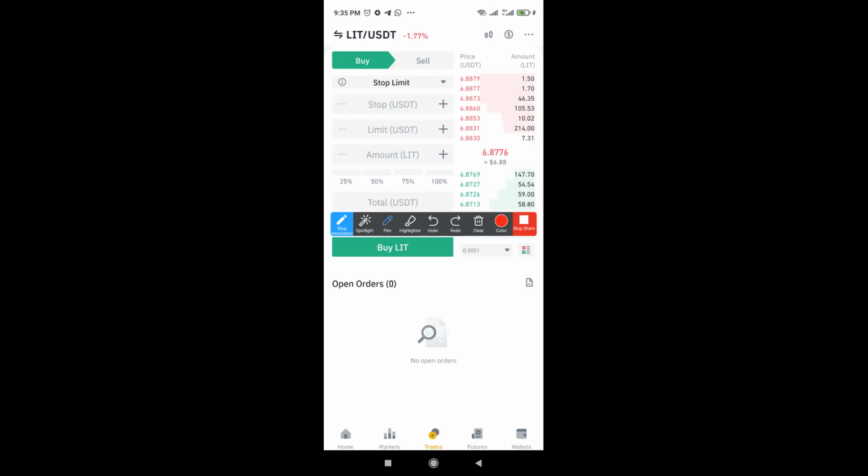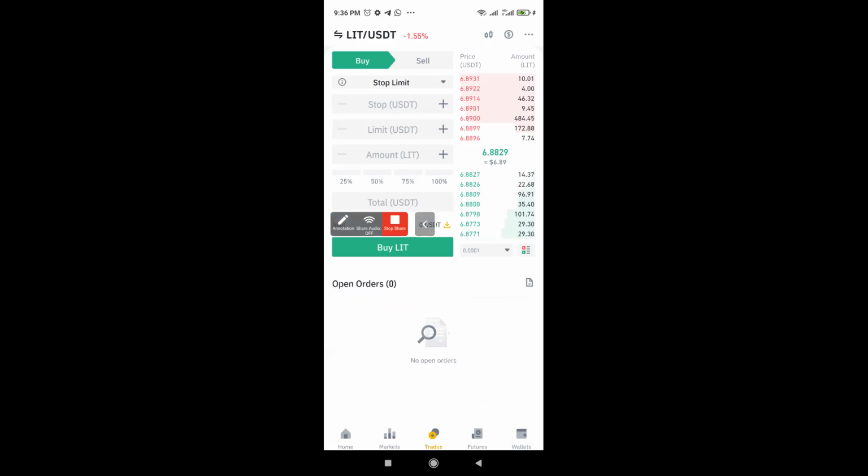Yes. Let me clear this. Yeah, so once you buy and sell, if you use markets, it will sell or buy immediately. But if you're using limits or stop limits, whatever you have set up will appear here as an order. And if that order gets cleared, maybe Binance eventually helps you find a buyer, or the price reaches the price you want and buys or sells for you, it will disappear from here. And then you can check all your previous orders. This is where all your past orders will appear.